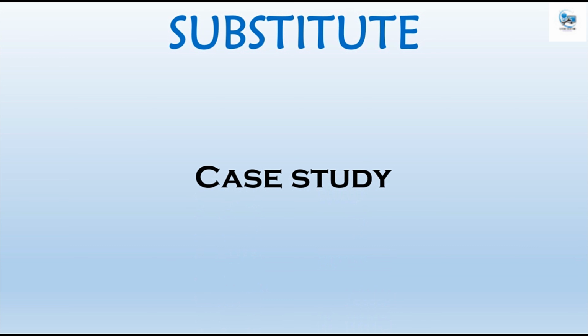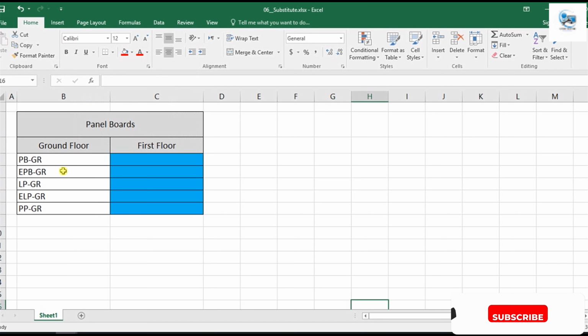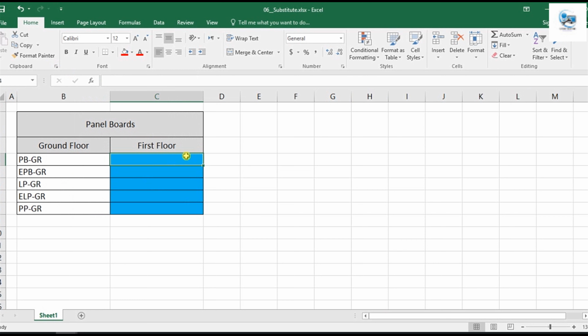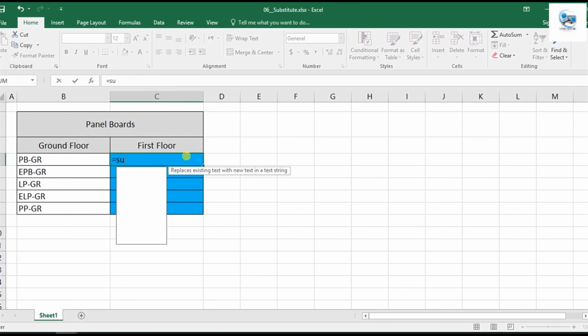Let's do it in the Excel sheet. Here we go, this is our panel board list, and we want to change the last part, -gr, with -1. Equal, SUBSTITUTE,